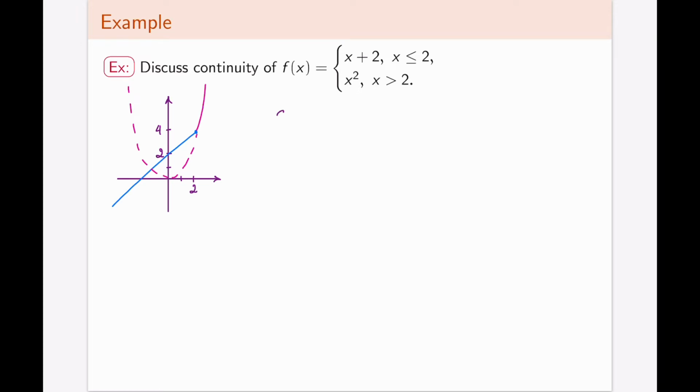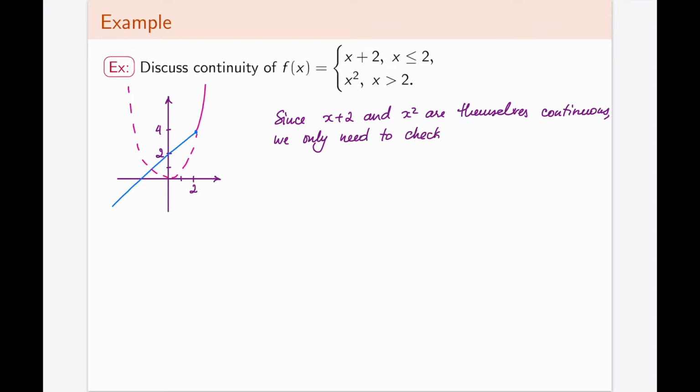We're going to write down that since x plus 2 and x squared are themselves continuous everywhere, I don't have to actually think about every single point in the domain. I only have to think about the connection point. Each of these pieces is perfectly continuous. I'm only concerned about whether or not they connect. So since they are themselves continuous, we only need to check the connection point at x